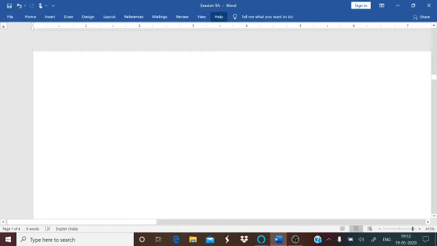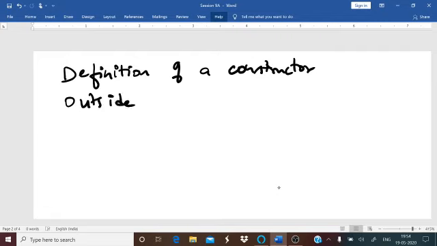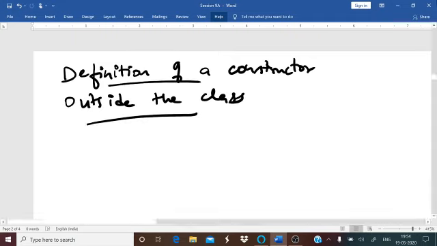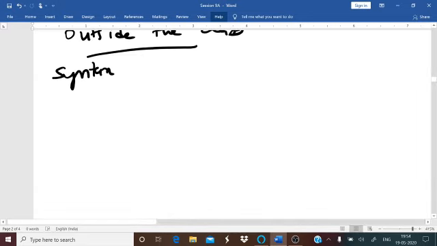Now as we said, you can define it either inside or outside. Definition of a constructor can be done either inside or outside. The example that we gave earlier was inside. Now, how are you going to do it outside the class? What is the syntax you are going to use? In the beginning itself, you declare and define your class.